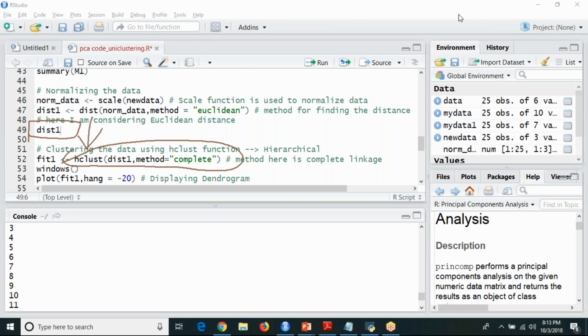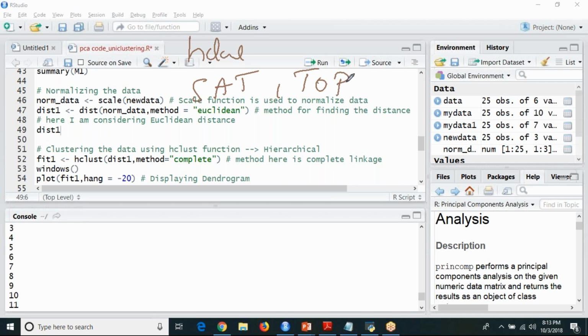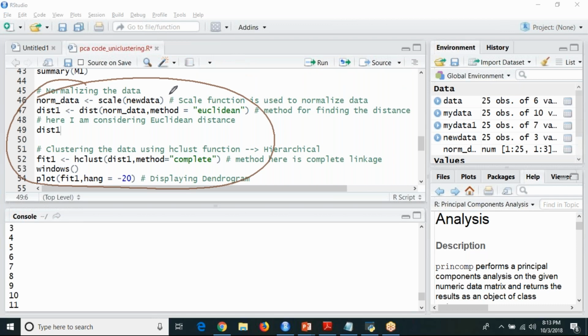For implementation of your hierarchical clustering, am I using your SAT score, top 10 and graduation rate columns, the original columns? For building your clustering as of now, am I using your original columns is my question.